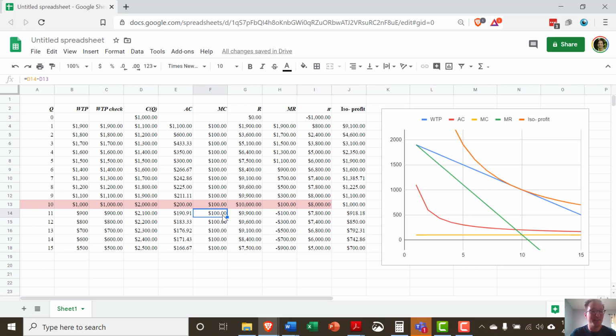The reason the firm doesn't sell to them is they can't tell who's who. They can't tell who's willing to pay each of these prices. So if they wanted to sell to the 11th consumer, they would have to reduce the price for everyone to $900. If they did that, their profits would actually go down a bit, by $200. Their marginal revenue would be minus $100 to sell to that person, which just doesn't make sense for them to do from a profit maximizing standpoint.